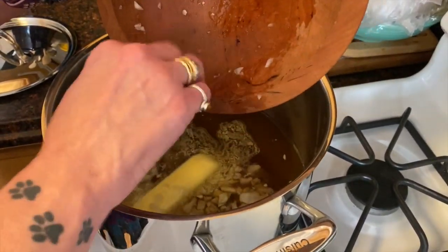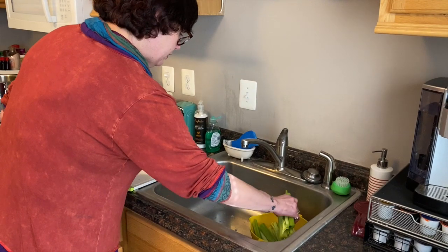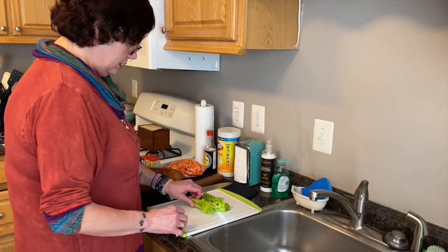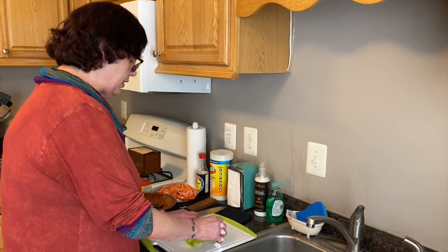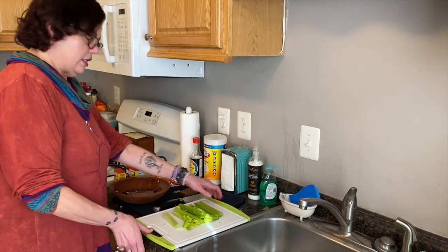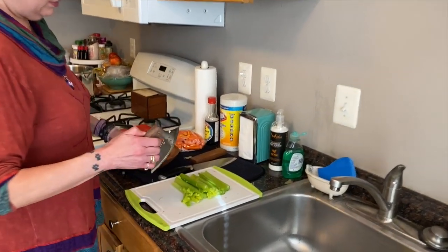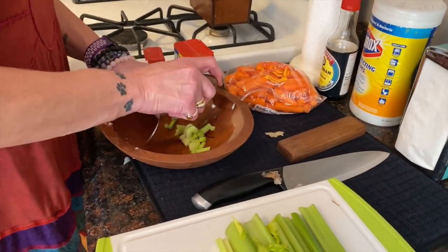Next thing we'll start on is the celery. So you're going to take a good handful of celery. This has already been washed and cut into small pieces. You can use the stems, that's fine. They add some good celery flavor and you don't have to worry about them being too tough. So I've got about this much celery, and that'll be good for the soup. So again, we're going to my favorite tool, which is the chopper, and we're just going to chop this up